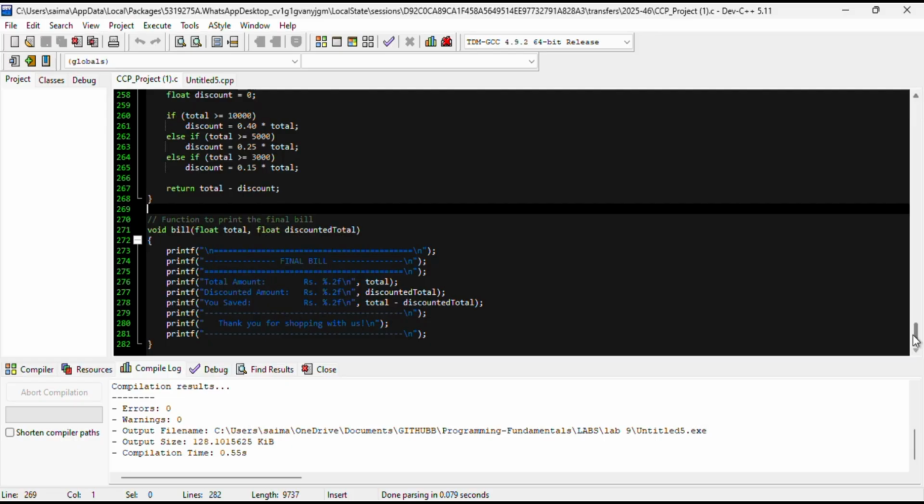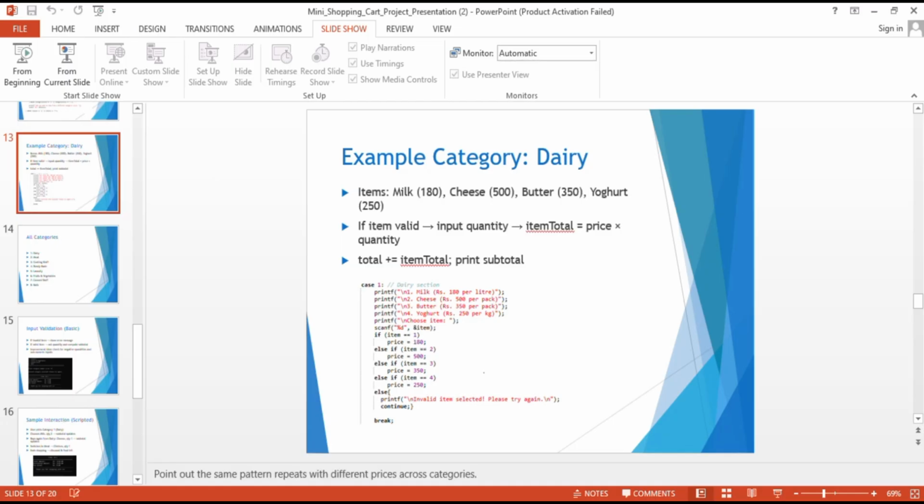For example, if your bill is 5,000 and you have been given a discount of 1,000, then it will give you 4,000, meaning that 5,000 was the total bill, your discounted amount is 1,000 rupees, and the bill that you have to pay after that will be 4,000. And after that, it will print a greeting statement, that is thank you for shopping with us. So this way the program will end, but there's a condition.